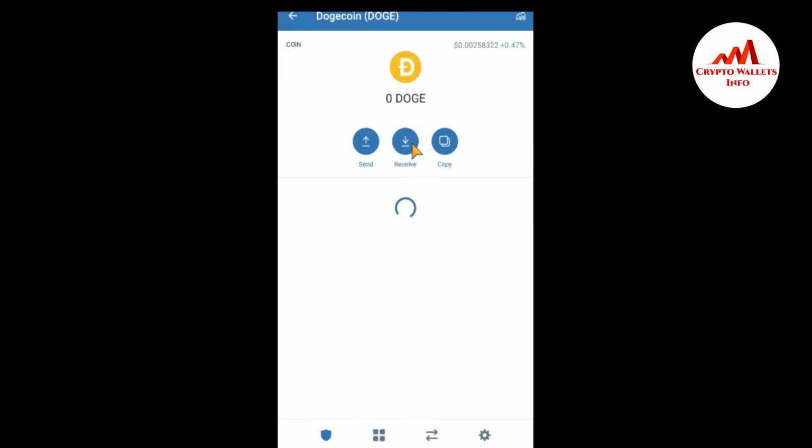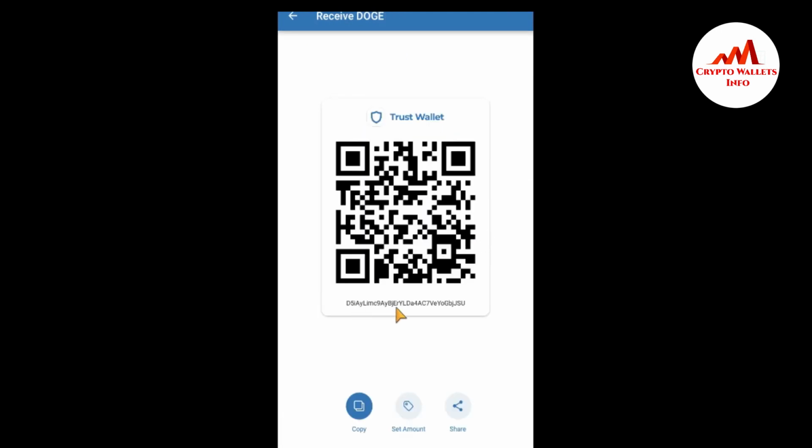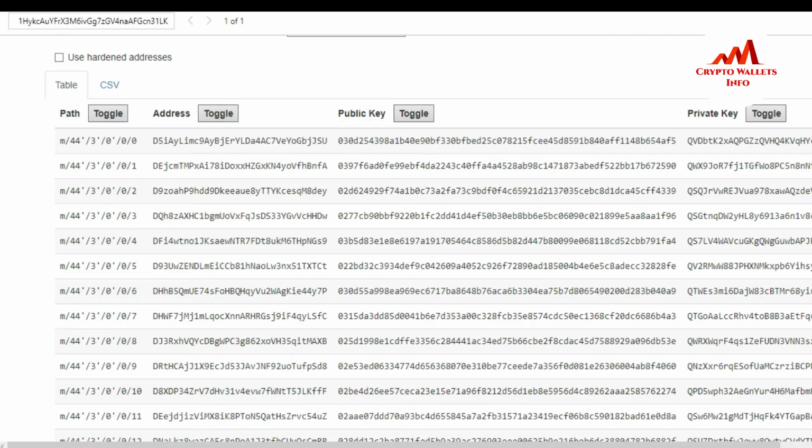Just click on receive. I want to get the private key of this wallet address, so I simply copy and open the website again, press Control F, paste here, and you can see the Dogecoin address is available here, and this is the private key of this wallet.